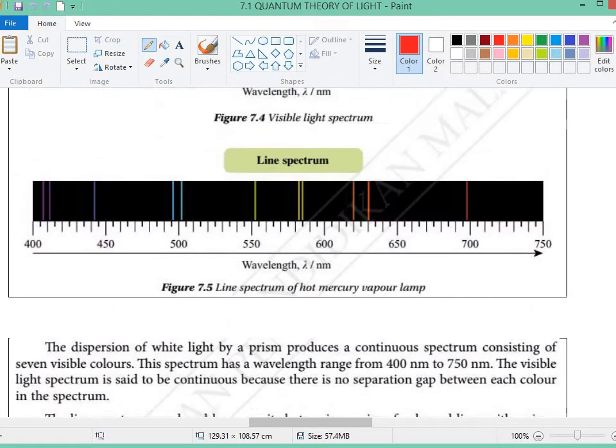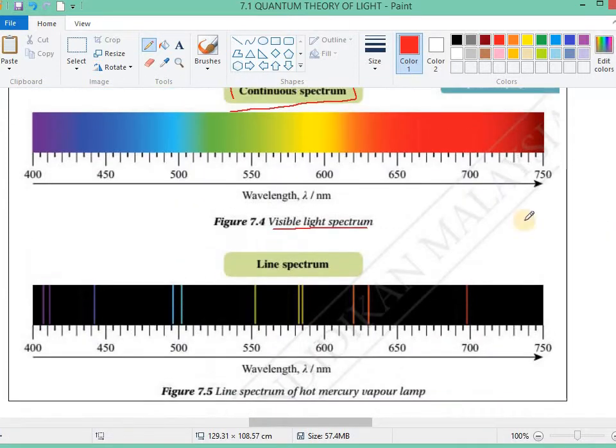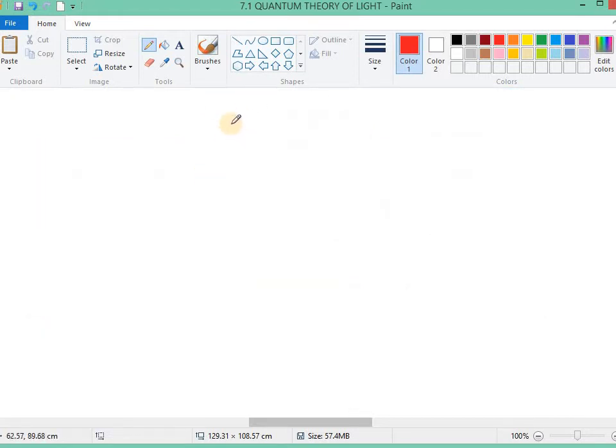Here we want to discuss what this continuous spectrum is, the visible light spectrum that is continuous, and also this line spectrum. What is this line spectrum actually? So basically, first, how do we get this continuous spectrum? We learned that if we want to get that continuous spectrum, we can,